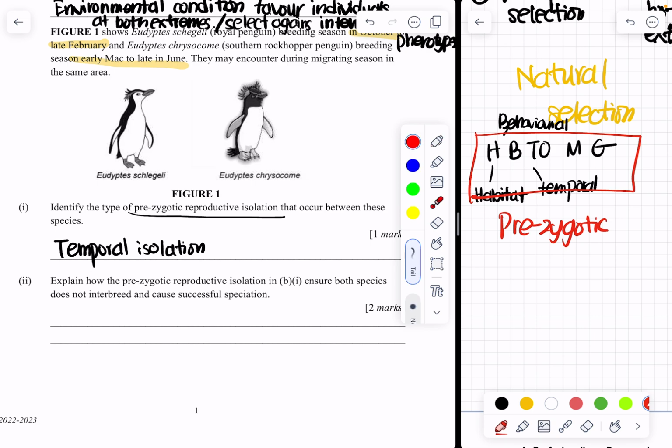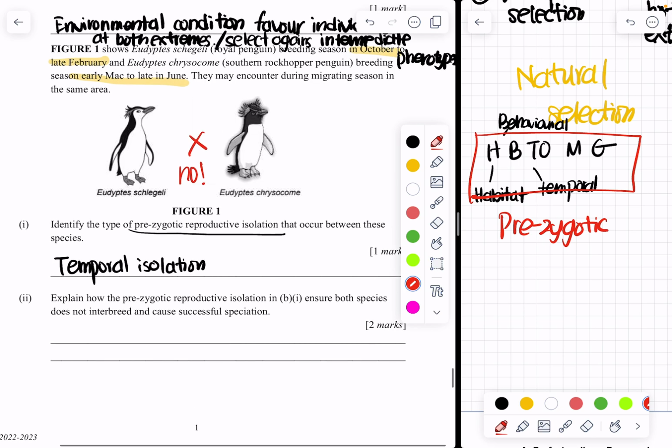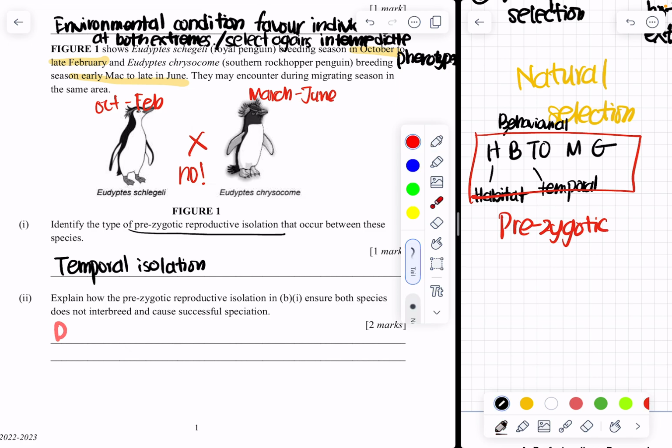The second one. Explain how pre-zygotic reproductive isolation in B1 ensures both species do not interbreed and cause successful speciation. So this means how can temporal isolation ensure both species do not interbreed? That means they don't want these two to interbreed. Big no. So this penguin will go out to mate around October to February. But this one, March to June. Different season. So you can say different species